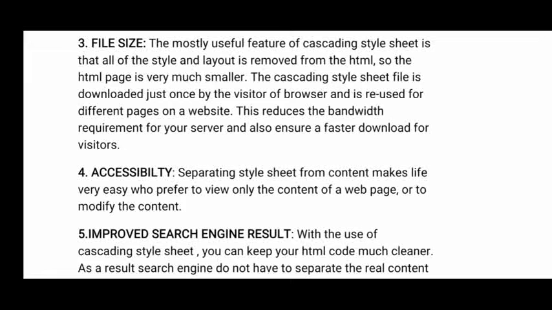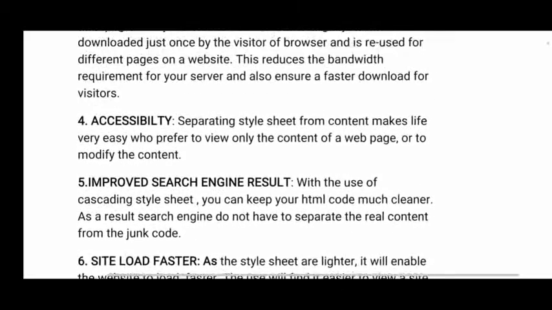So instead of that method, if you use the CSS concept, then we just open a CSS file and make the changes. Whatever changes you made to the CSS file will be applicable to all the documents where you have included the CSS file. So in that way you can decrease the file size.